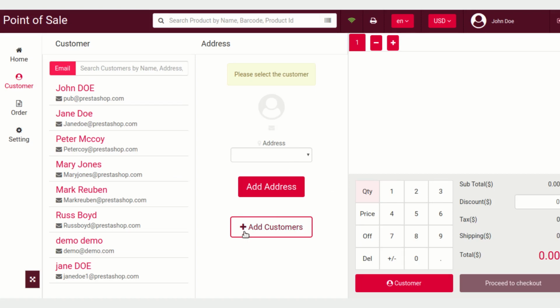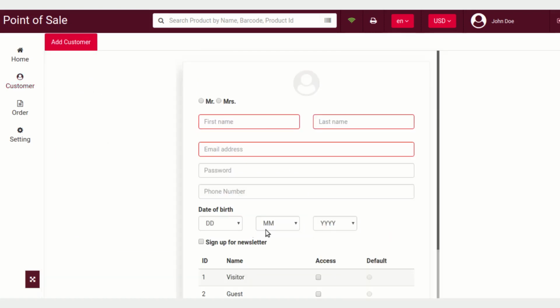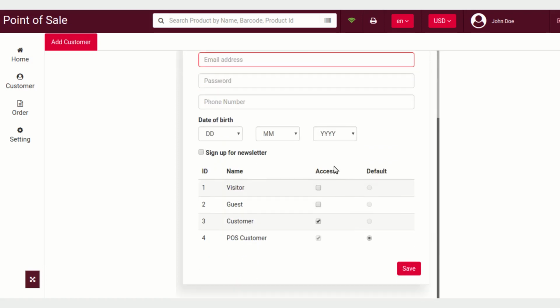In order to add a new customer, click on the add customer button. After that, fill in the relevant details of that customer, and after that you need to select a default group for this customer.